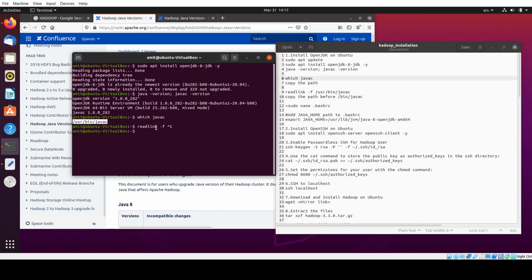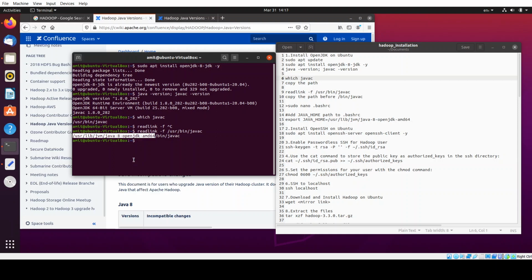Okay, so this is the actual path. Copy the path before /bin. This is the path which we need to specify in the environment variable.